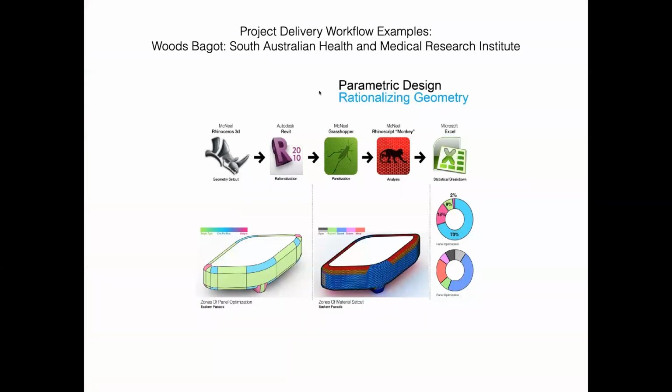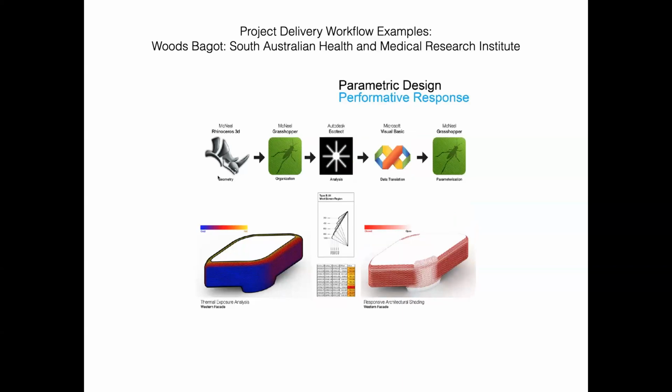All right, and so you can see again this sort of workflow. There's no one tool that did all this stuff for them. They were doing the non-standard modeling in Rhino, bringing it into Revit, right? Then when they needed to take the rationalized zones out and break them up into small pieces back into Grasshopper, they wrote their own Rhino script, right? In order to take the data from here and bring it into Excel, right? At the same time, they take the geometry back into here and back into Ecotect to do the analysis with